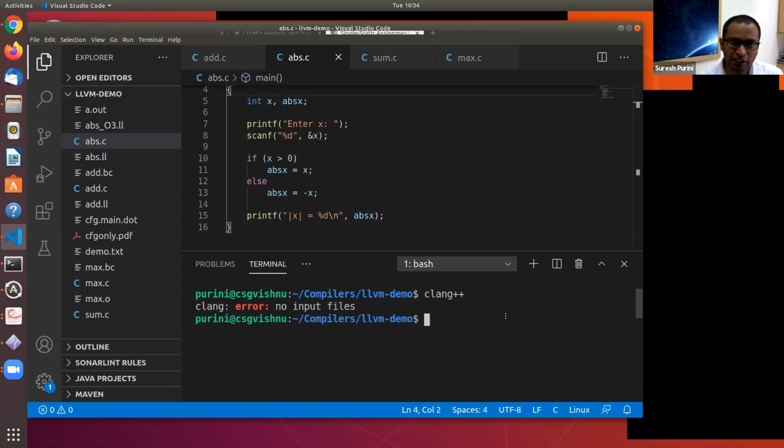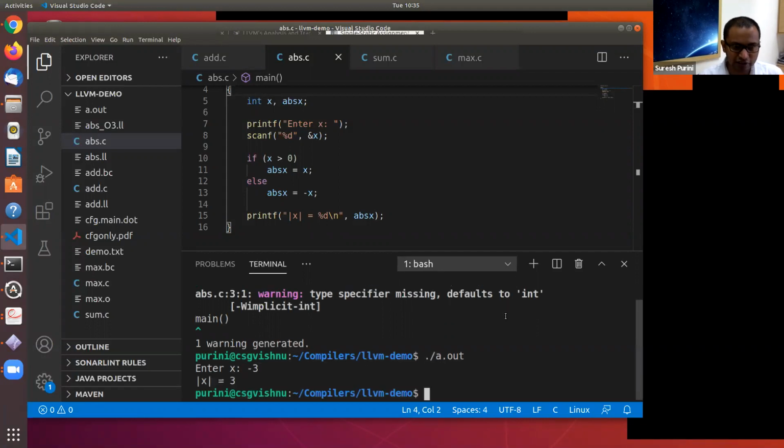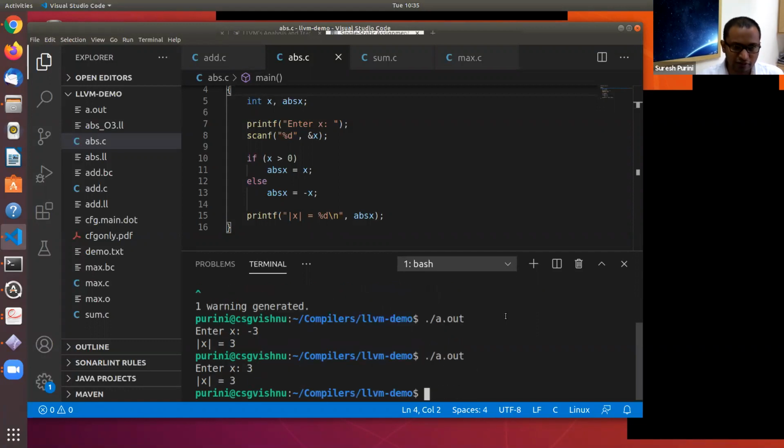Clang++ is a C++ front end. So let's compile this program using Clang. Clang abs.c generates a.out, and if you enter -3, it prints 3, and if you enter 3, it prints 3.